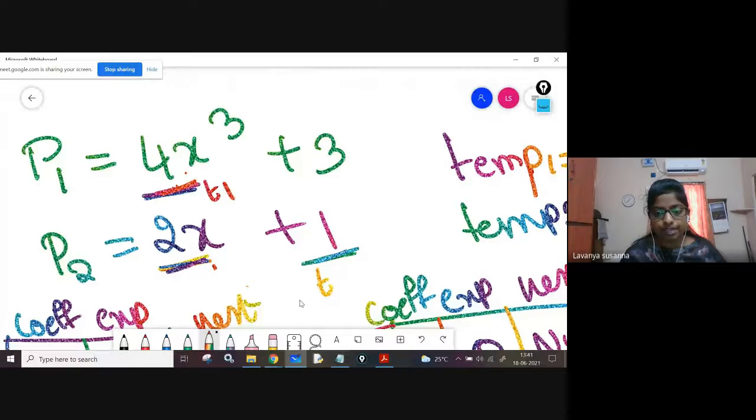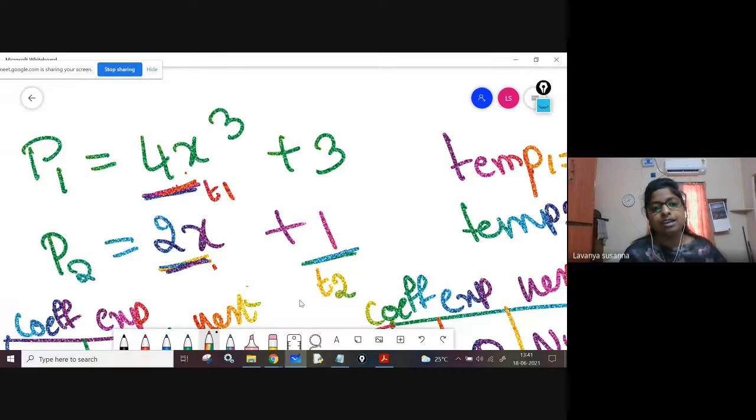Observe this carefully. T2, temp 2. What you are doing? Temp 1 is at that node only, 4x cube only. Here what you are moving? You are moving temp 2. Temp 2 is pointing to P2 node. That you are moving. First T2 will be at 2x. You will multiply 4x cube into 2x. You will get some value. You will create a node. You will allocate memory. Everything you will do.